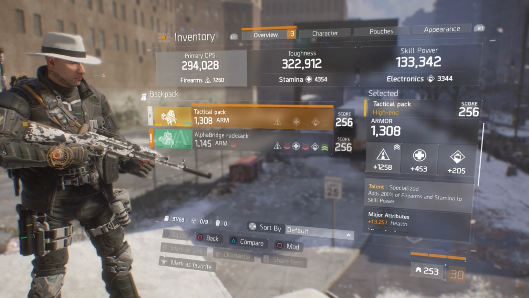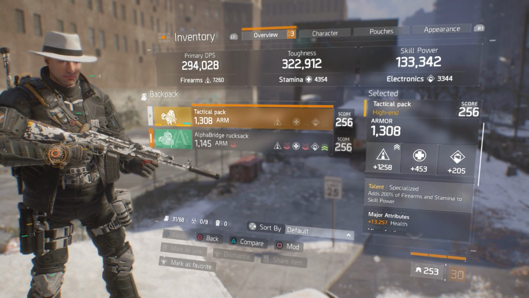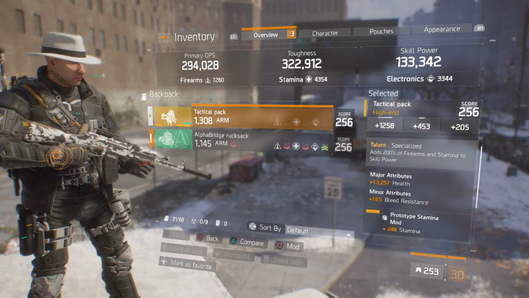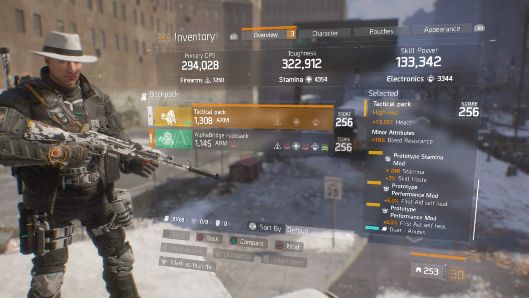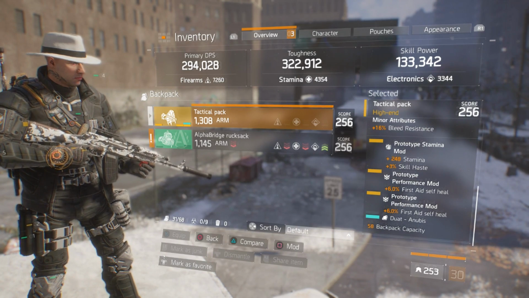Moving on to the backpack. Specialized backpack, no surprise. Decent armor roll at 1258 firearms, 13,257 health, and 16% bleed resistance. And then the mod slots, 248 stamina, 3% skill haste, with 6% first aid self heal, and the other mod